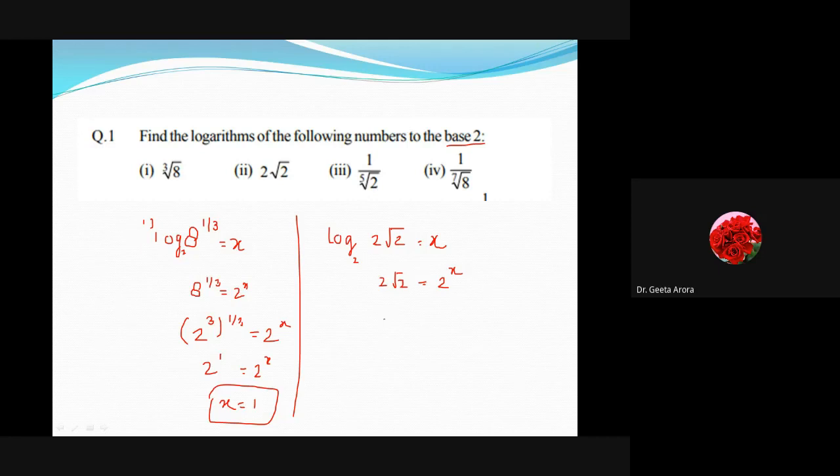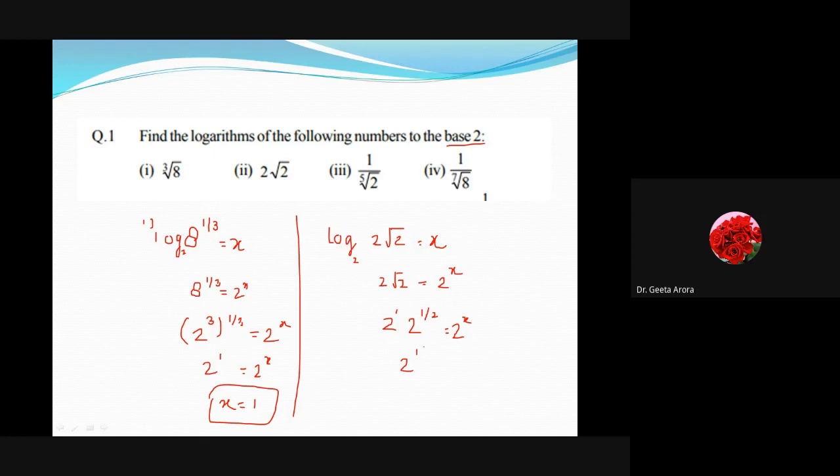So what we have done is 2 is here, so it means it is 2 raised to power 1. And if we talk about under root 2, it's 2 raised to power half, and which should be compared with 2 raised to power x. We know that when bases are same, powers have to be added. If we remember, a raised to m into a raised to n is equal to a raised to power m plus n.